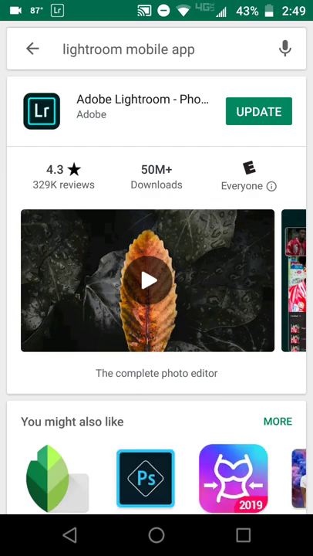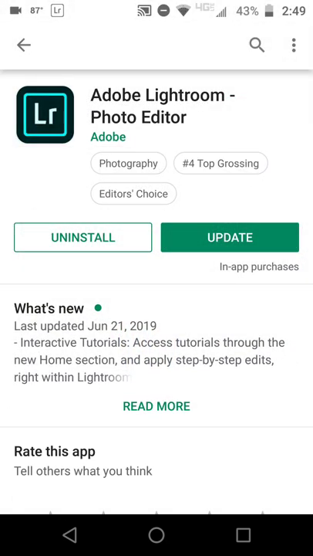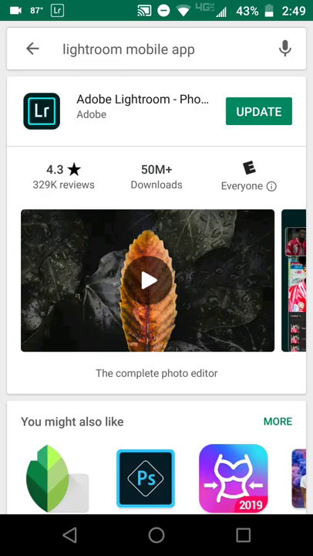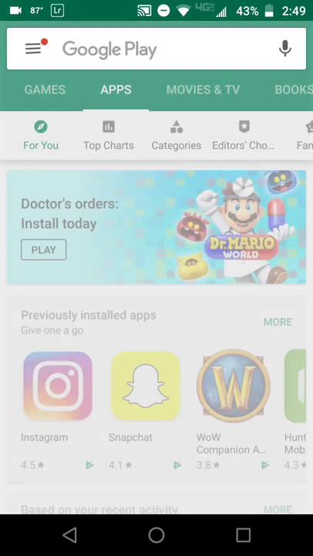So first of all, make sure that you have the Lightroom mobile app installed. This can be found in any of your app stores. So go ahead and download that if you haven't already. Then go back to your email and make sure you download the download email that you received from TwoBlooms.com containing